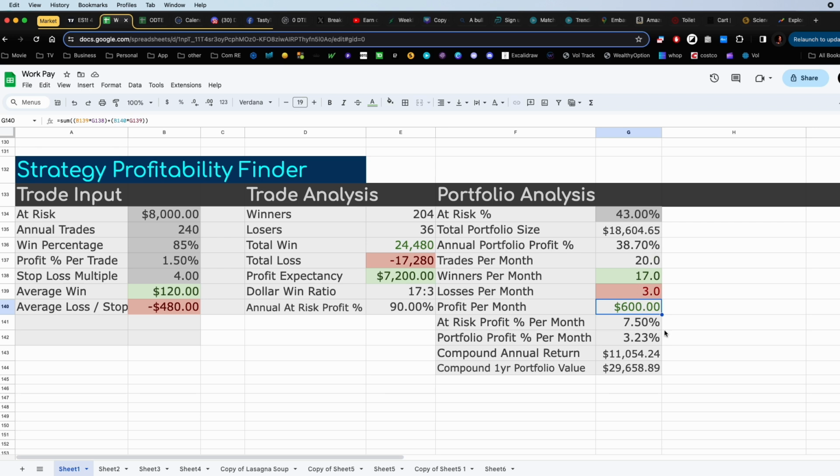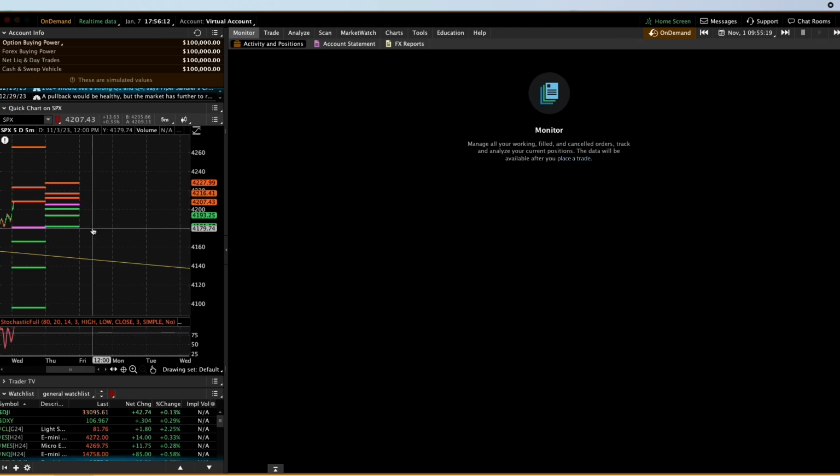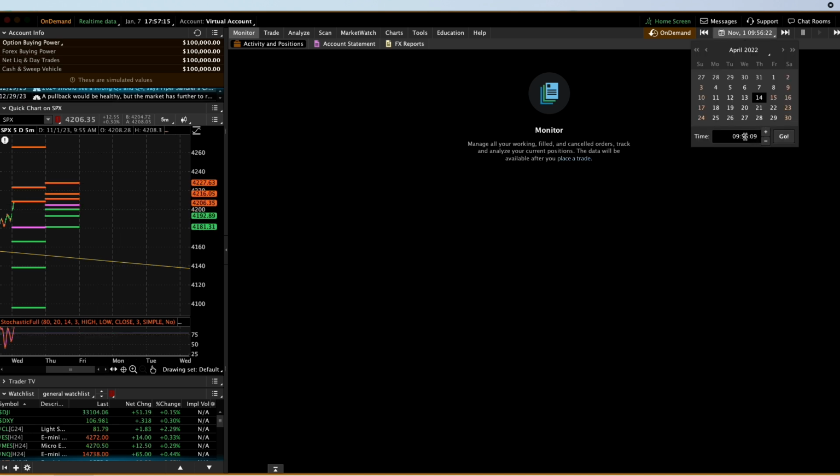But based on real world results, this is going to get you really close to real world results if your input is real world. Enough about that. What I want to do now is pick a random date in 2022, and I'm just going to use our chart right here to pick trades. I'm going to do a few trades, try to fast forward through them, and see if we can reproduce these results and see if my strategy is going to be successful based on this limited data.